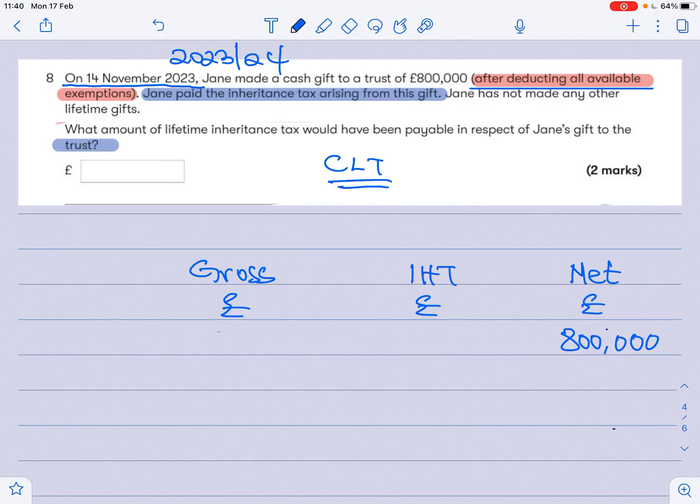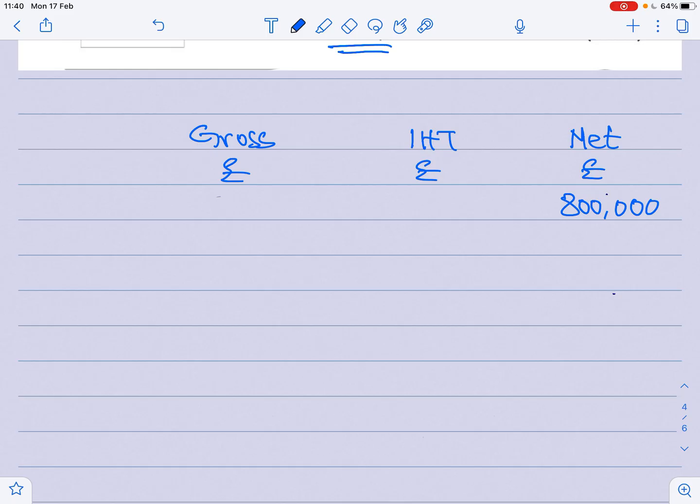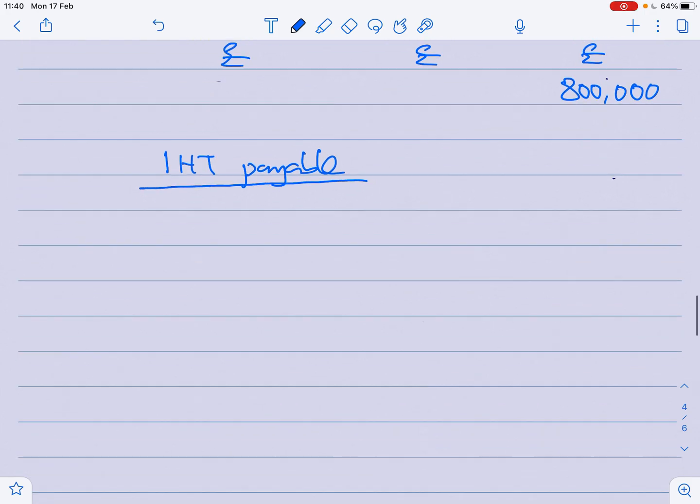Okay, now the other thing we have to do is to determine the amount of inheritance tax which is going to be paid to HMRC. So how do we determine this? So let's do that. So it's going to be inheritance tax payable. Okay. Anytime you have to calculate the amount of inheritance tax payable, you must first ask yourself, how much nil rate band would this